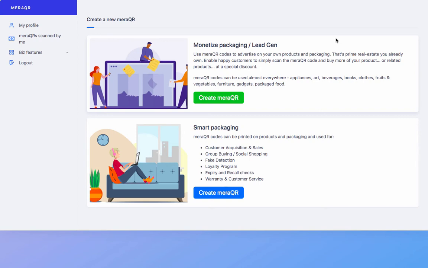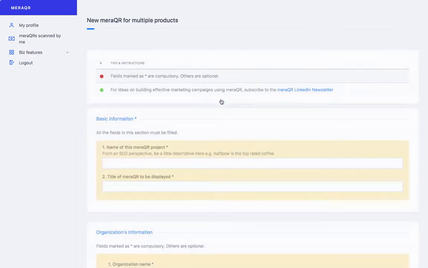And if you allow, he can even buy third-party products, all at a special discount. These Mera QR codes can be used almost anywhere. Appliances, art, beverages, books, clothes, fruits and vegetables, furniture, gadgets, packet food. It's your imagination. Let's go to creating a Mera QR.